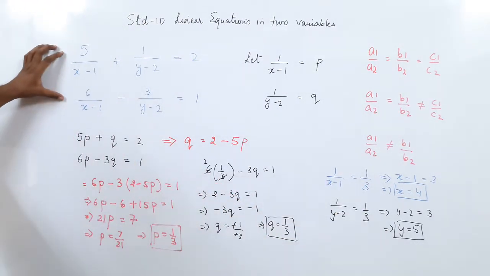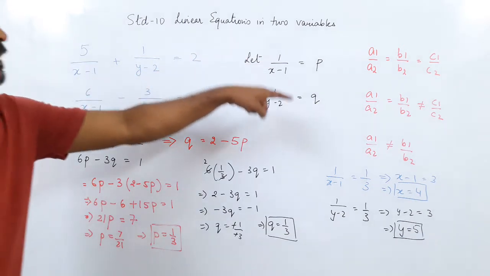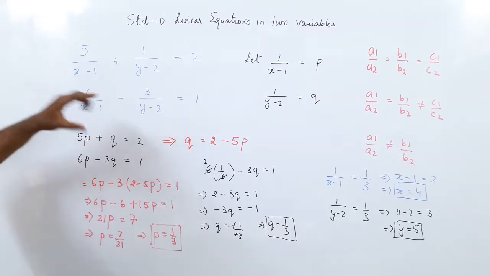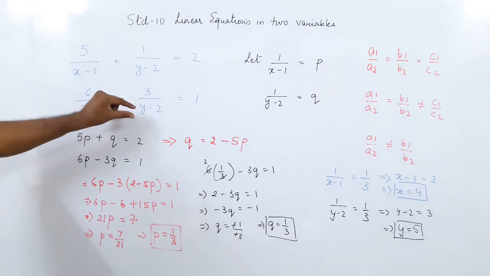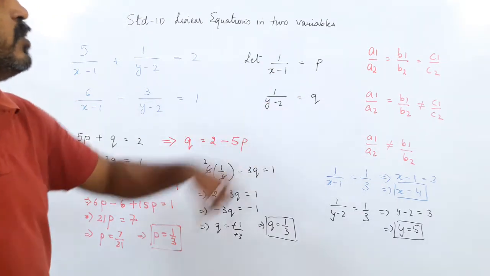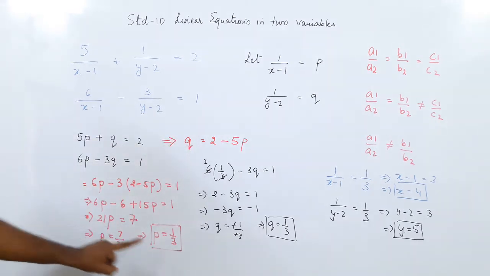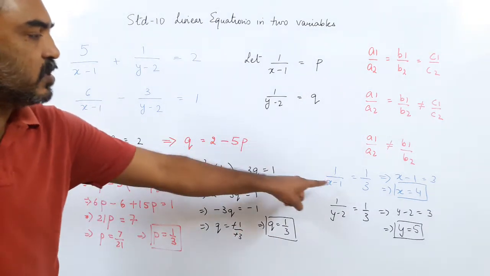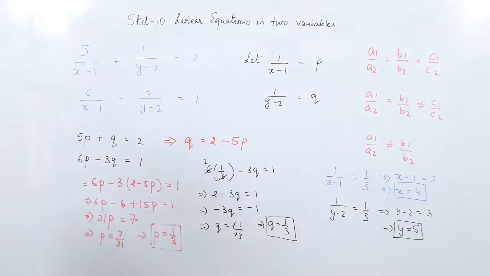But how did we solve this? In the previous lectures you saw we had 1 upon x and 1 upon y, which we took as a and b. But here we have 1 upon x minus 1 and 1 upon y minus 2. But not to worry, this denominator and this denominator are the same if you notice, and even these two are the same. So we took, let 1 upon x minus 1 equal to p, 1 upon y minus 2 equal to q. And then we got this equation. Using substitution, I found the values of p and q, but the sum is not done yet. Then I put the value of p in this equation, solved and got x equal to 4. Put the value of q in this equation, solved it and got y equal to 5.